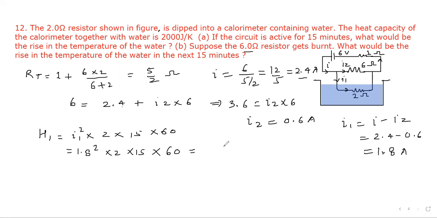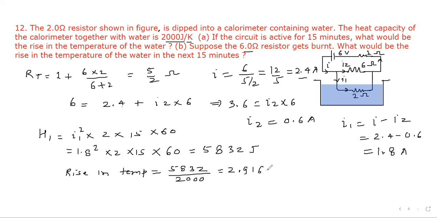And that will be equal to 5832 joule. Now the rise in temperature. Here in our question it is given that 2000 joule can raise the temperature by 1 Kelvin or 1 degree. So the rise in temperature will be 5832 divided by 2000. So this will be equal to 2.916 Kelvin